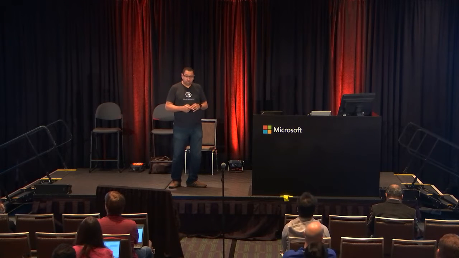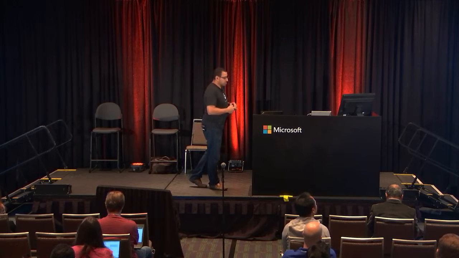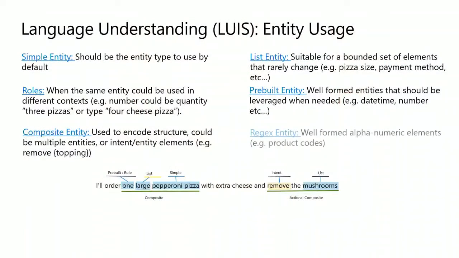And in my output JSON object, I know that this is a composite that reflects a certain action that I need to do in my post-LUIS logic, and I'll take action accordingly. So actionable composites are a key element of doing entity-driven models. And the final entity type is regular expressions. I don't have one up here as an example, but product IDs are a very good example of regular expressions of alphanumeric characters that you can actually define and use.